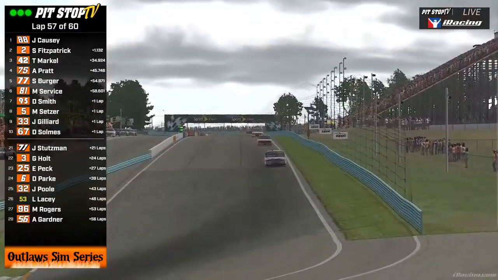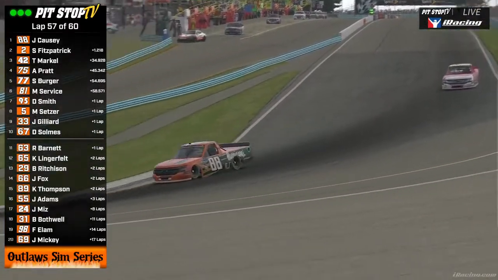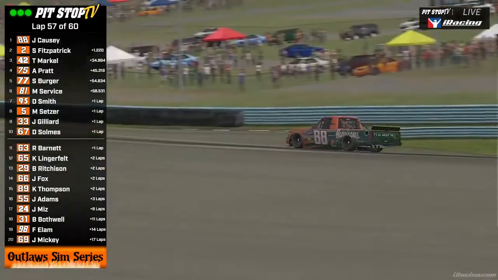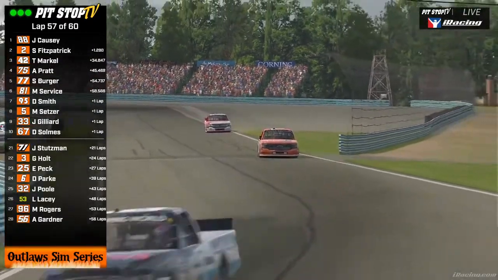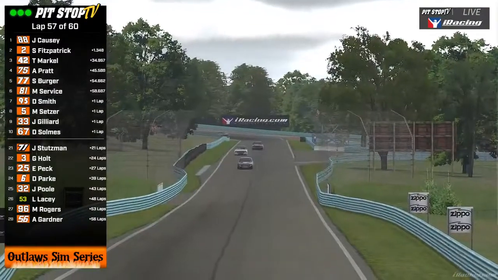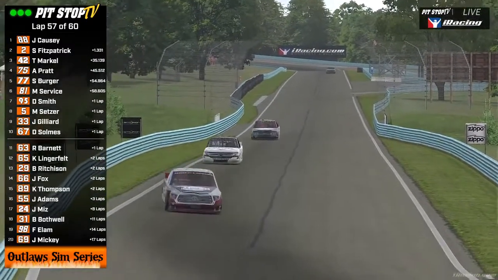Remember what I said. There were 3 drivers who won a road course this last season. Adrian Schumacher won 3 of them. Joseph Causey won at Montreal. But Tyler Markle won the season opener at the Auto Club road course. And look who's on the podium. How about the 42 of Tyler Markle, who now has a 10-second gap over Andrew Pratt,